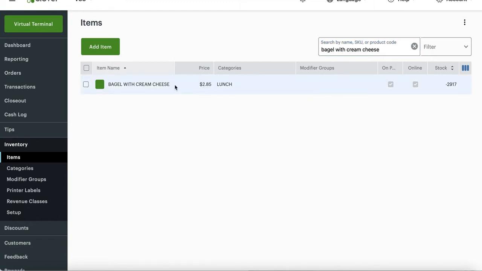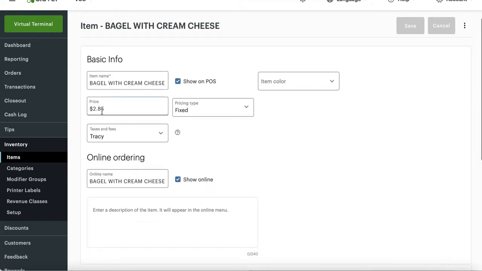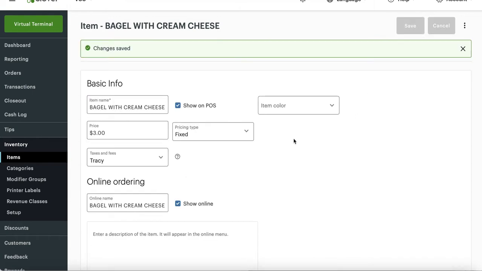I'm going to go ahead and change this price to $2.95, okay? Let's change it to $3, okay? So before it was $2.85, just keep that in mind. Remember, it was $2.85, now it's $3. When you change this price, it changes on the Clover inventory. But in order for it to change online, you have to take additional measures, right? There's a few things you can do. The one I'm going to recommend is going to be the best method because it will do it for you